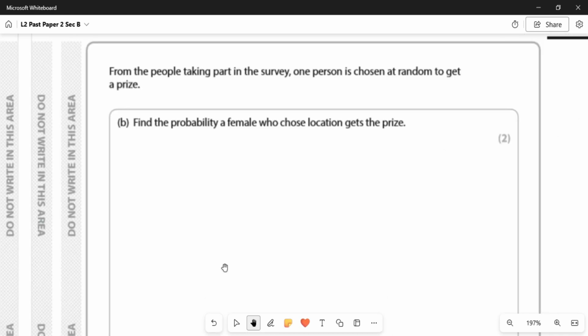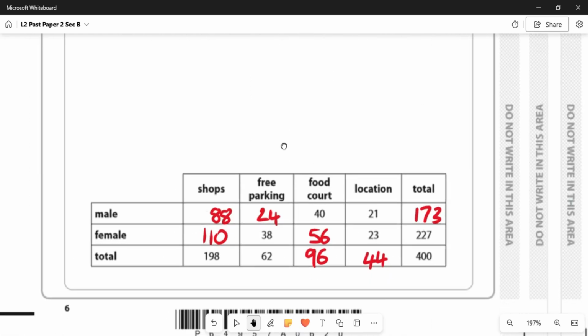Part B says, from the people taking part in this survey, one person is chosen at random to get a prize. Find the probability that a female who chose location gets the prize. So, it's not just this bit of information where it says part B. It's actually this bit above as well. This bit tells you who they're picking from. So, from the people taking part in the survey, one person is chosen at random. Okay, so that means they're picking from, let's go back to the table, they're picking from